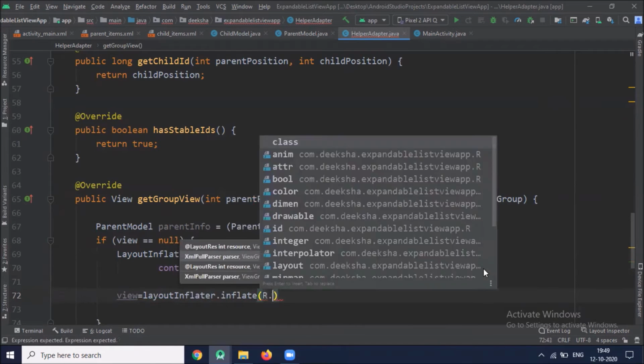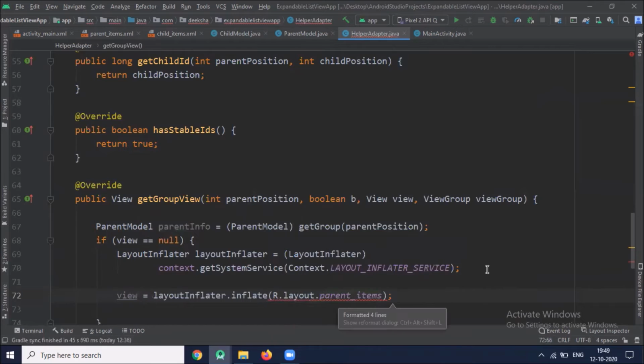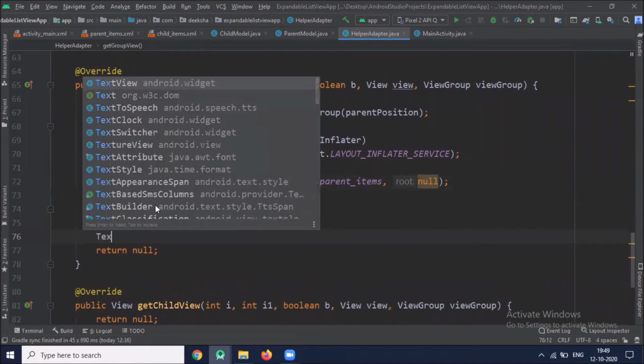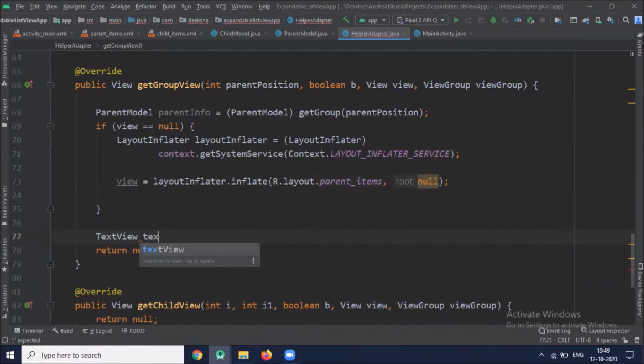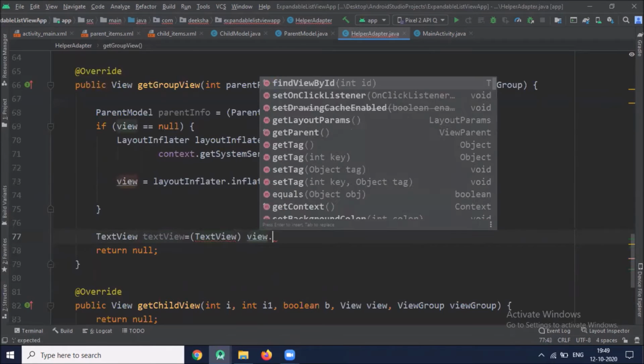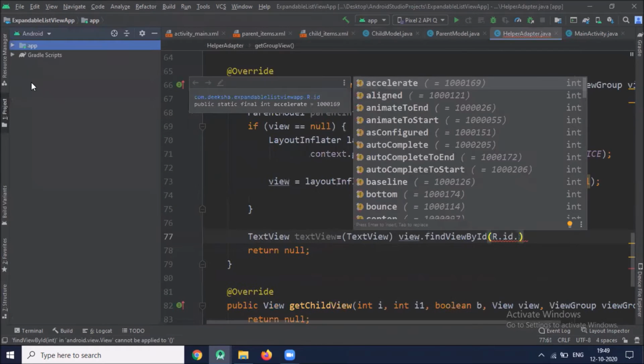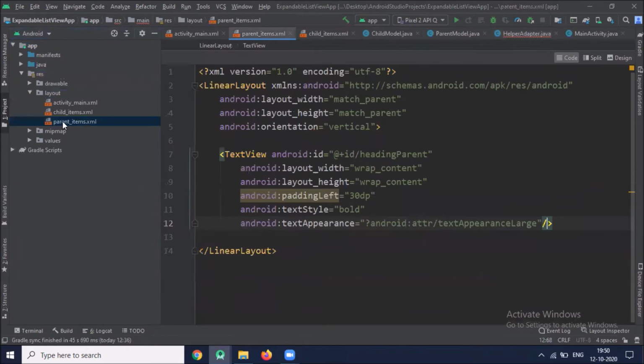And here we inflate our parent layout. Here we use heading parent ID.